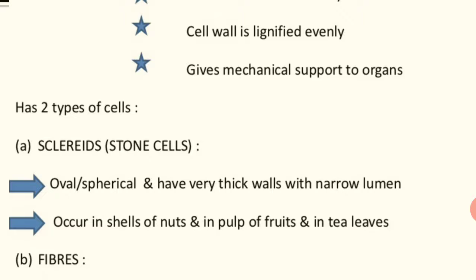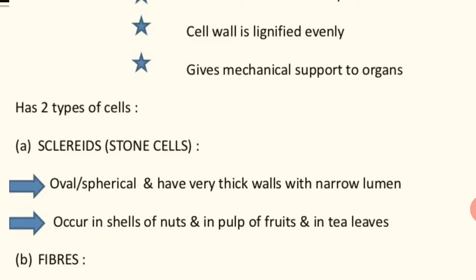One is known as the stone cells. Sclerites are known as the stone cells. The stone cells are very common, oval shaped, spherical shaped, and sometimes having a very thick cell wall and very narrow lumen. Lumen means cavity. The cavities inside these cells are very narrow, and they occur in the shell of nuts,